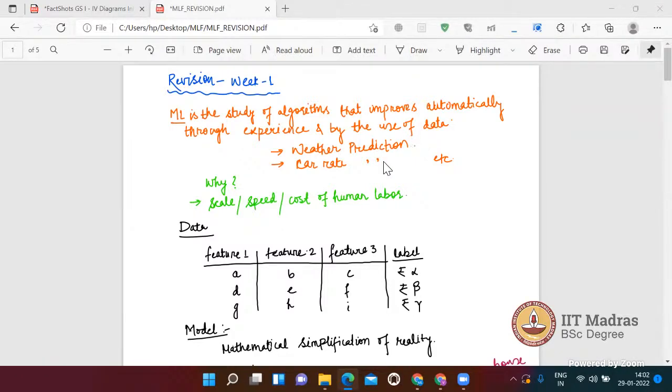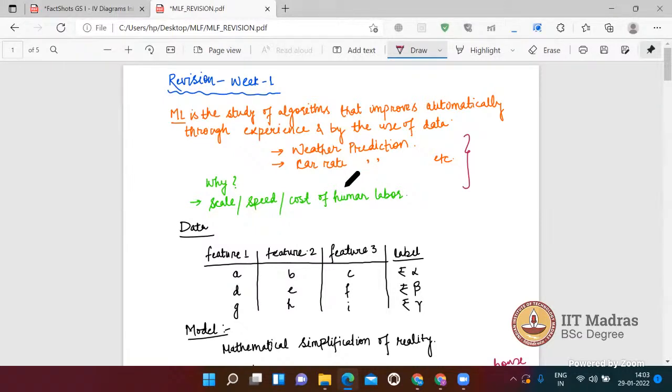That will generally help us. For example, you would have been through the weather prediction example, or if you have to predict the price of a car or phone, or any other thing. Generally we use ML algorithms to predict all this. In weather, if you have features like the value of humidity or other climate conditions, on that basis we can predict the weather.